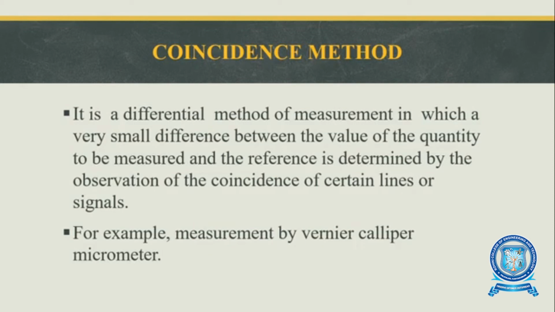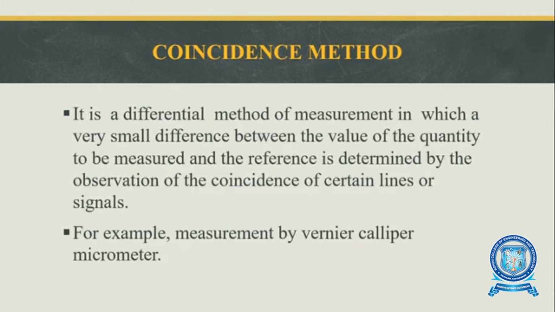In this coincidence method, a very small difference between the value of the quantity to be measured and the reference is determined. When we are using a vernier caliper or a micrometer,